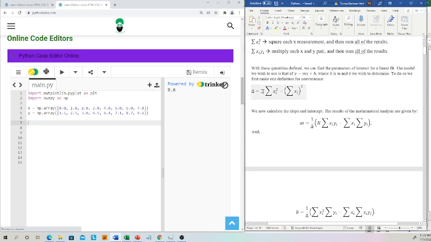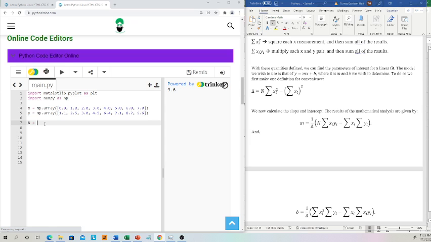N in my calculations over here represents the total number of elements. In this case, N would be 8. 1, 2, 3, 4, 5, 6, 7, 8, right? And so the way I can do that, I can bind a variable N to that number, even if I don't know what that number is. Okay, so if I have a really big data set and I don't know how many data points there are,